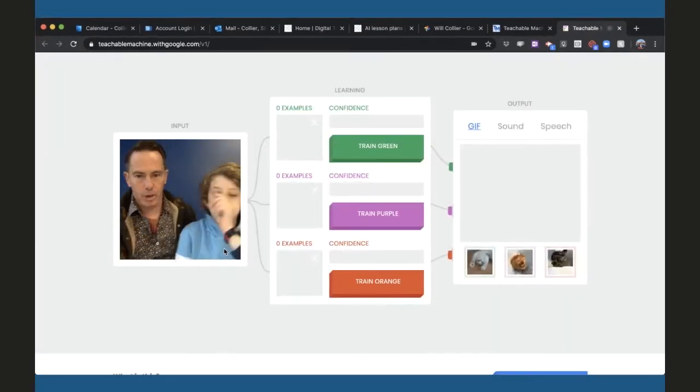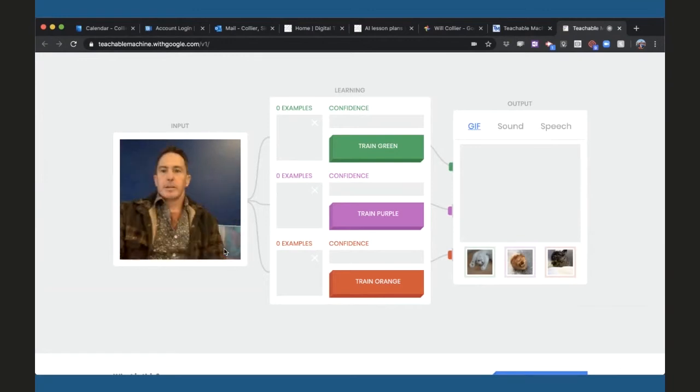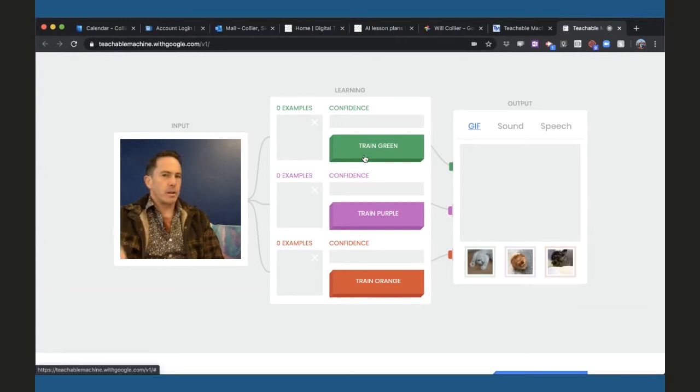Okay, so here's the input. Do you want to train you first? No, or train me? You. Okay, you can be green. And when we train it, do we just take one photo? No, we take a ton. Why would we take more than one? Because then it will realize that it's got more data to realize if it's you or not, instead of just one photo. Excellent. That'd be not much data. That's right, so more data and more confidence.